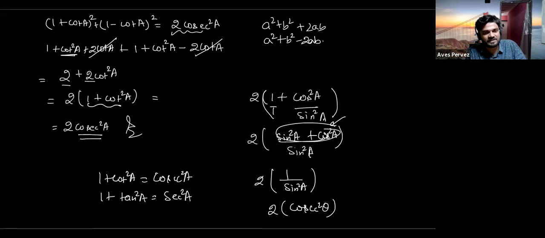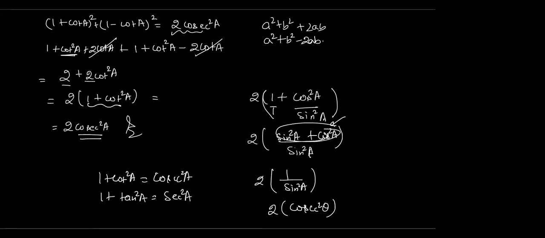There are 4 to 5 types of problems that will help us: if such a type of problem comes, we have to do these steps. If this type of problem comes, then we have to do these steps. Got it? Or still having doubt? Yes, sir. Okay, let's move further.